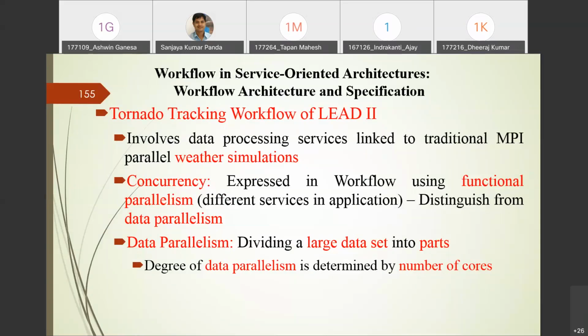Once you divide it, the degree of data parallelism is determined by the number of available cores. If you have 100 cores, you divide into 100 parts. If you have 50 cores, you divide into 50, right? And different parts correspond to using a parallel computing technology like MPI or threading. You can go for multi-threading. You can go for MapReduce programming to implement the services.